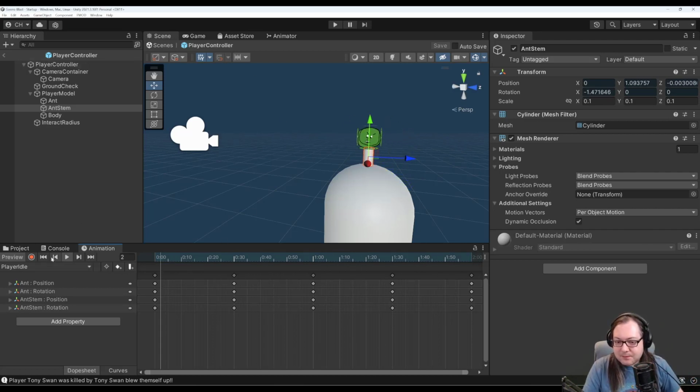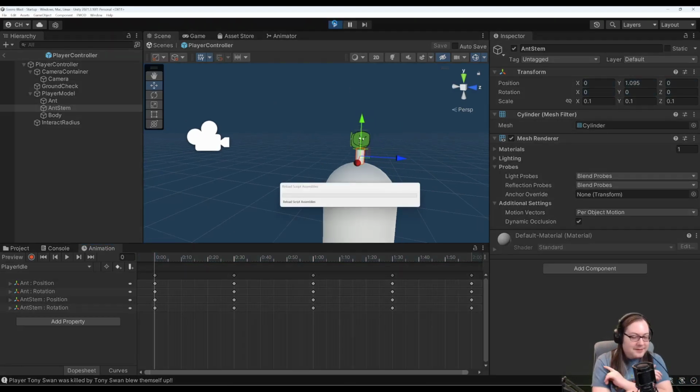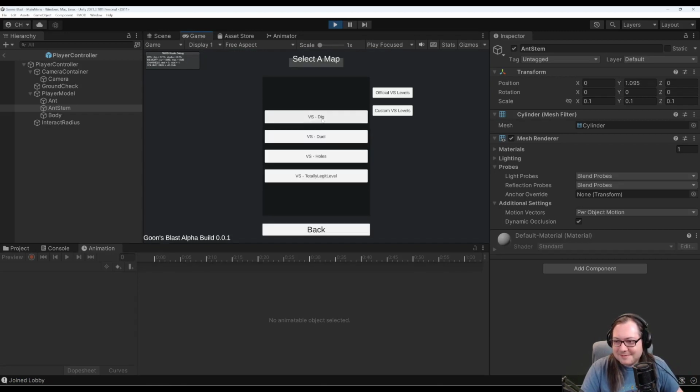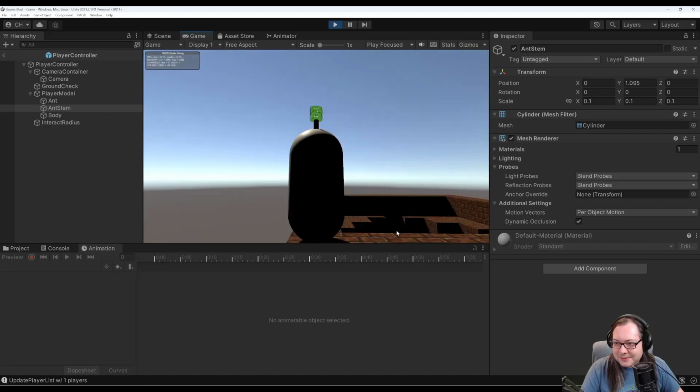Side note to all you aspiring game devs out there, this is not the way to do animation in the game. You animate this separately and then pull in animation files, I'm pretty sure, is the proper way to do this. But I don't know how to use those tools very well, so...